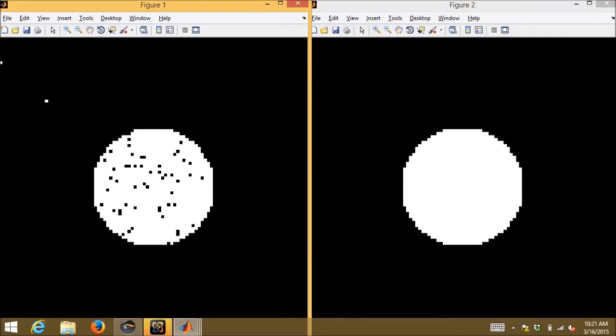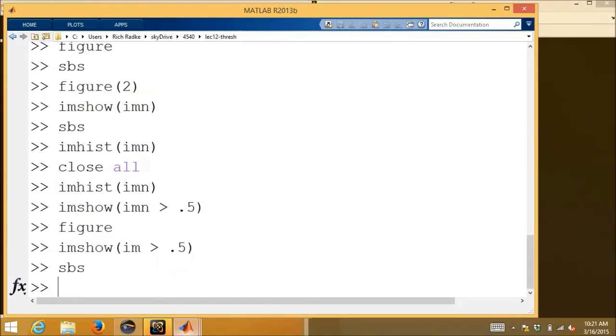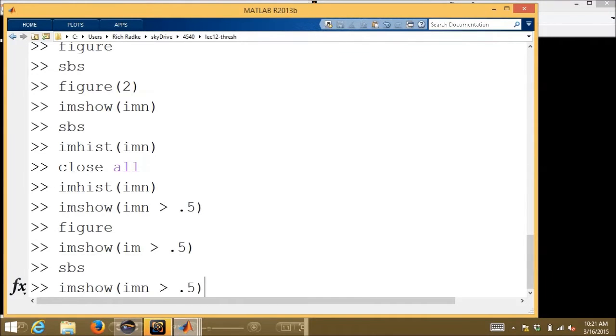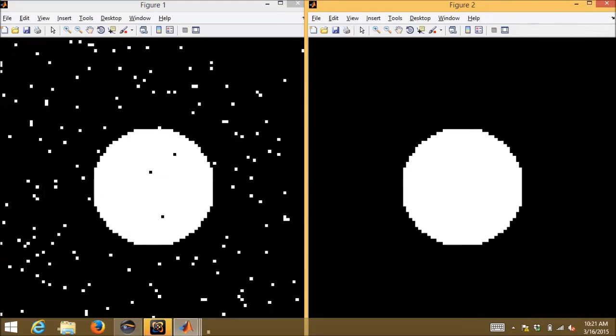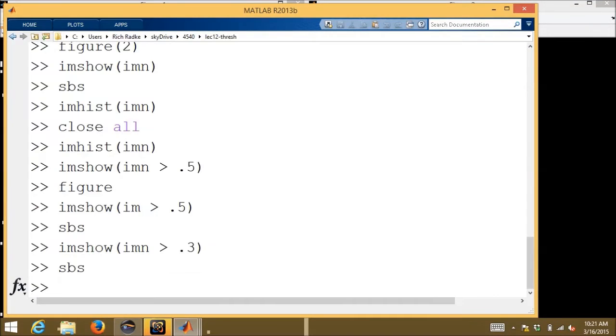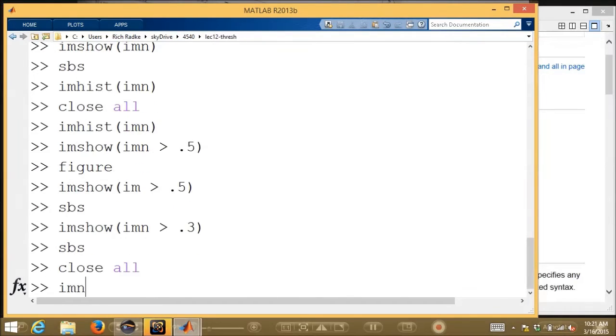So if I were to, say, make the threshold lower, now I've got most of the circle, but now I'm picking up more brighter pixels in the background, right? So I have to do something about those, right? So there's no way to get the exact segmentation anymore. And of course, if I were to make the image a little bit noisier even, if I were to make a noisier image that had even a higher variance,